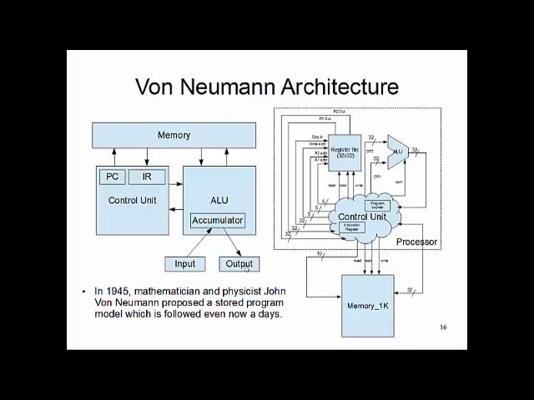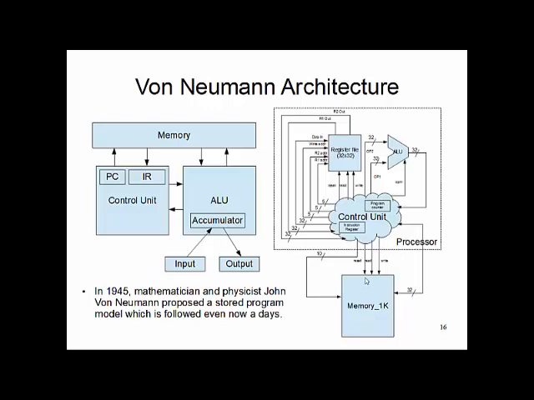But this has very similar things, as our control unit has an instruction register and a program counter. It involves the ALU. We don't have the accumulator there, and we cannot directly access that accumulator register through our input device or our output device. And it didn't have something like a register file, so that is kind of an extra on top of the memory. But nonetheless, this is also a storage device, and this is memory. Of course, our program resides here, and our data resides in this memory. Part of the memory will serve as the program area, part of the memory will serve as a data area, and we'll be accessing that.